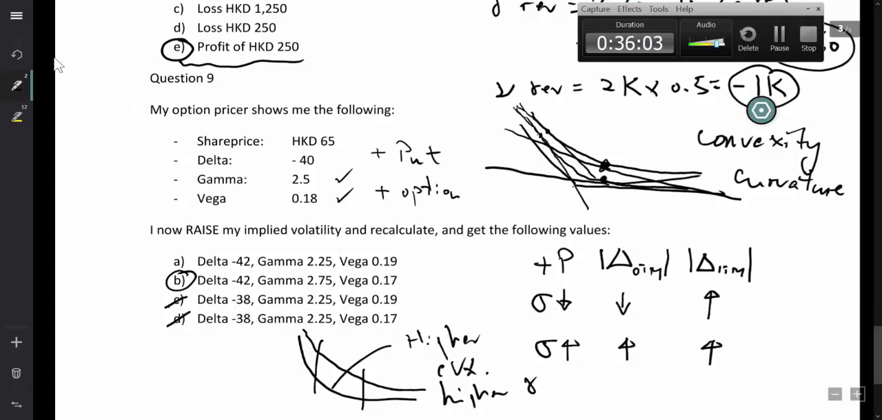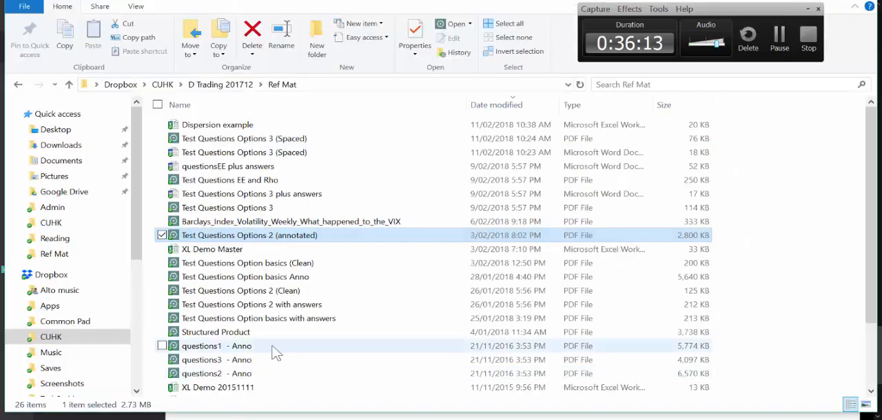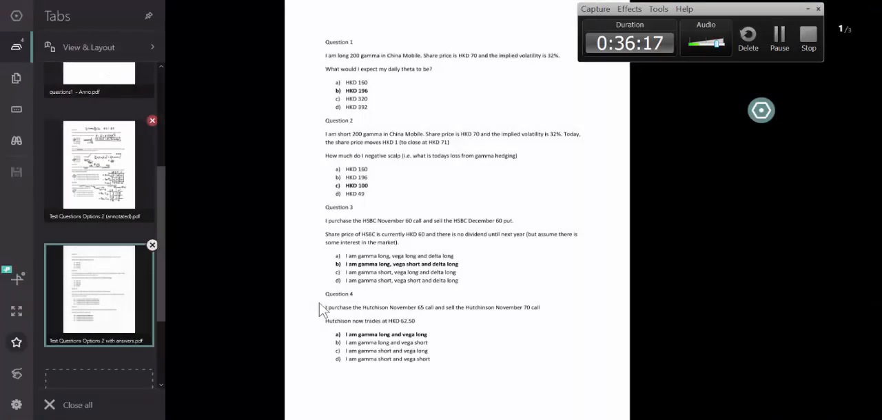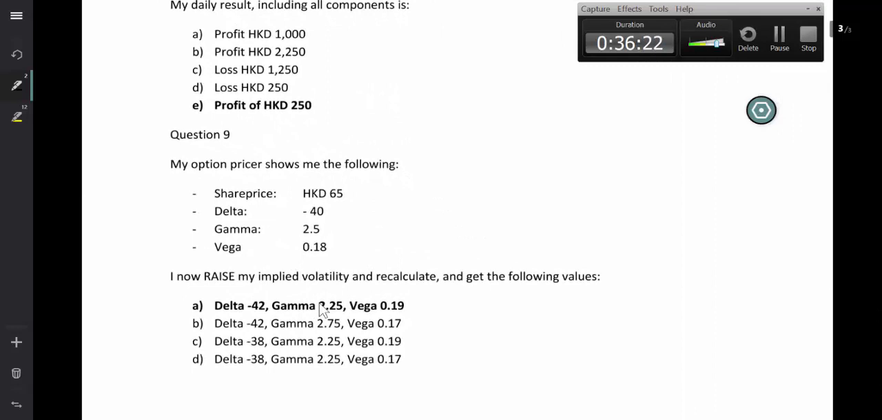I have an annotated version somewhere. It might be easier if I just show you that one. Question 2 with answers. The correct answer, I thought I had some notes in here. But A is the right answer because, as I said, gamma will decrease because your line is not as curved. Now, the reason vega goes up is that,